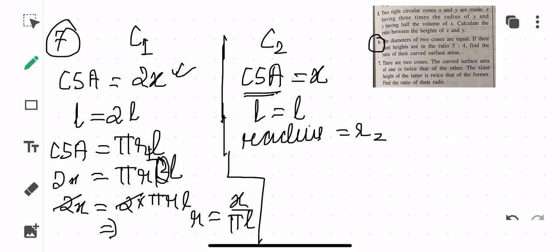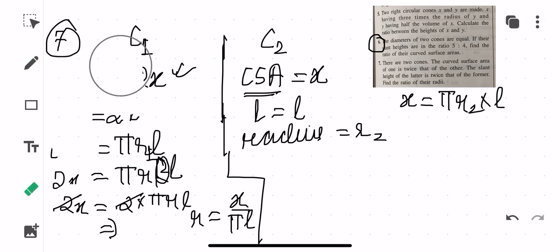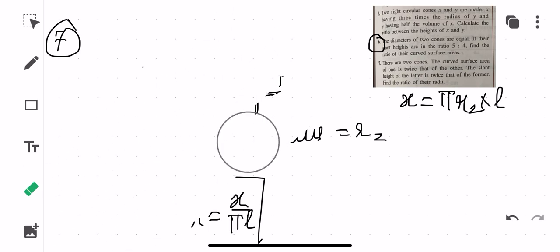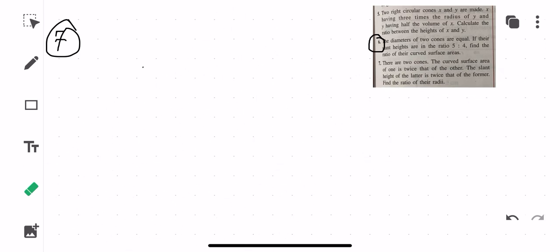And if you move to here, what you are getting children, here you will be writing that CSA is equal to x, x is equal to pi into R2 into L. Okay, so now what you will be calculating children, here everything is going. So what we feel children, that instead of going for this method, because this is going to be very tedious one, there is one more way that we can do, so that can be more easy, because this is not going to lead us to any result. Okay, so instead of going by CSA, we'll be taking first slant height, because that is how one of your questions has been solved.